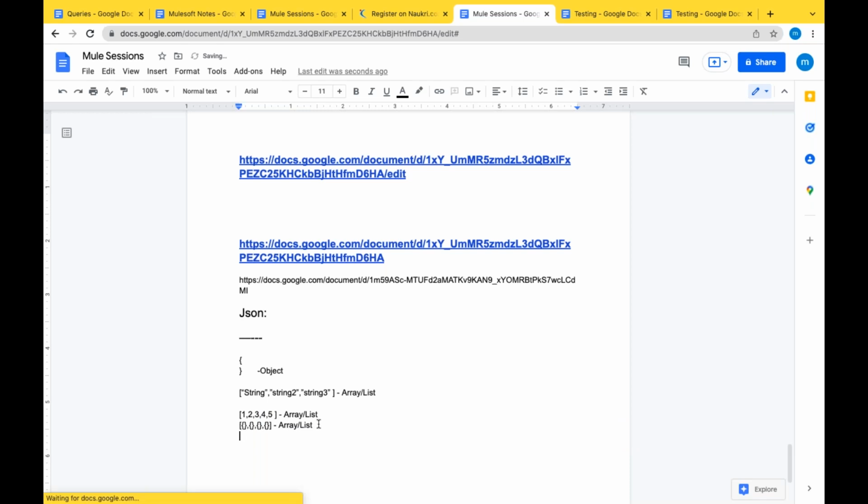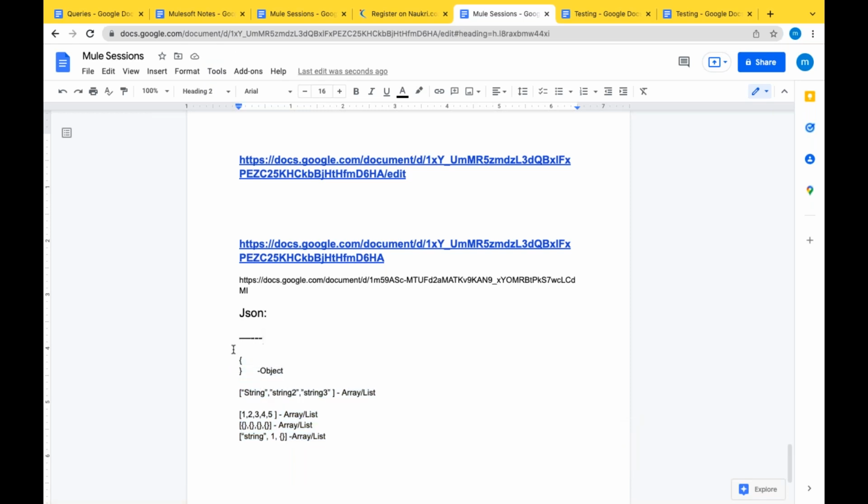It can be anything: a string, a number, or an object. For input and output, these are the formats you can define.